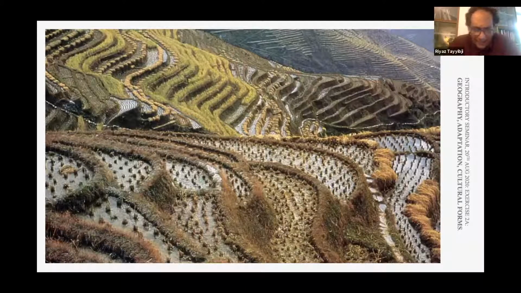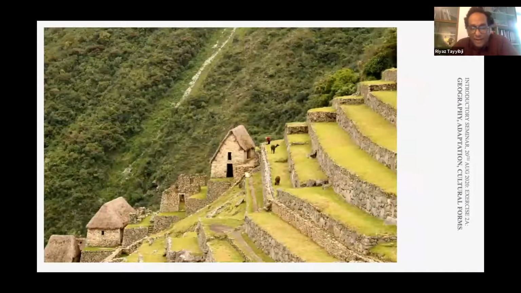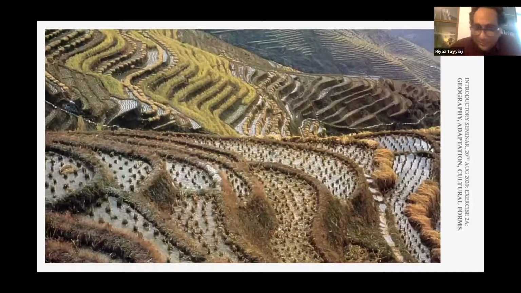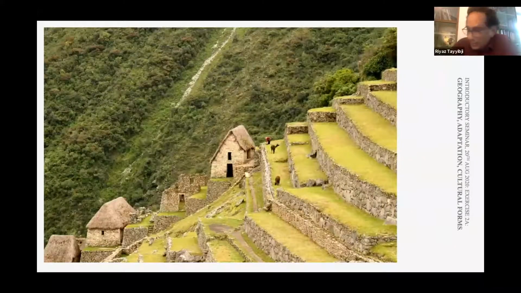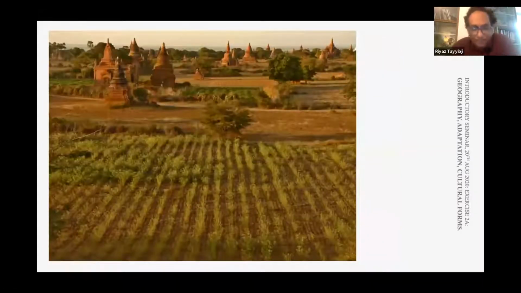It is not natural. It has been made by man, however beautifully it has been done. Made as an adaptive strategy to exist in a particular type of landscape. This is Ireland, where the steps, you can tell, are determined by a rock that perhaps does not allow the gentle contours of the soil that is here. So the environment is shaping the way people live. And this is quite literally so, where the walls that hold the terraces and the buildings are all made of the same material. In Cambodia,